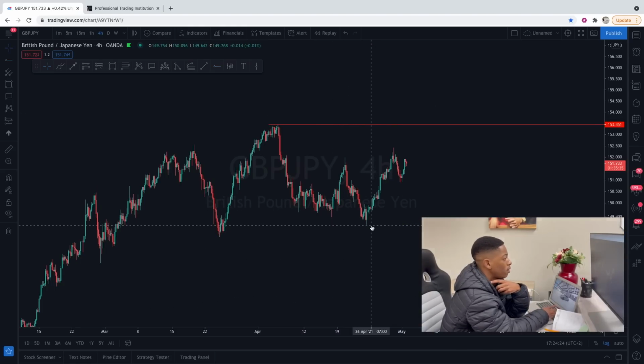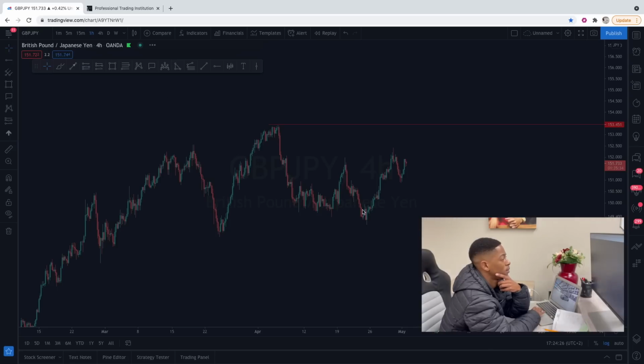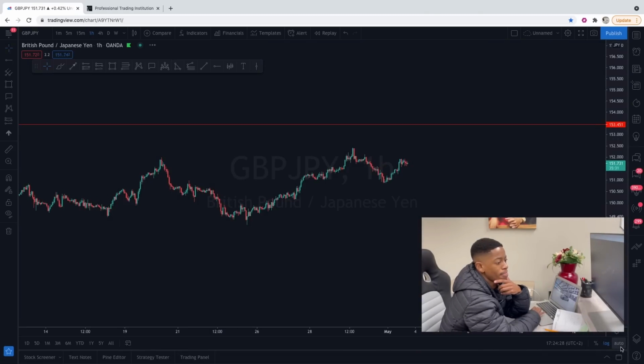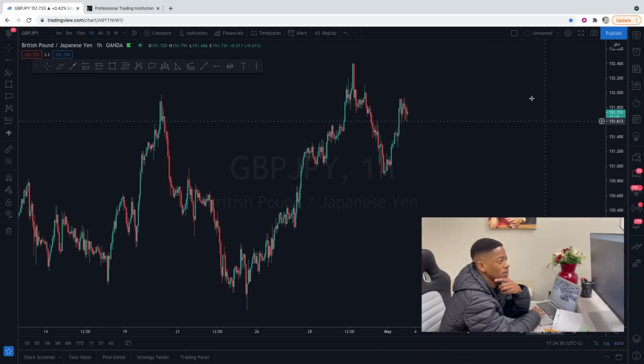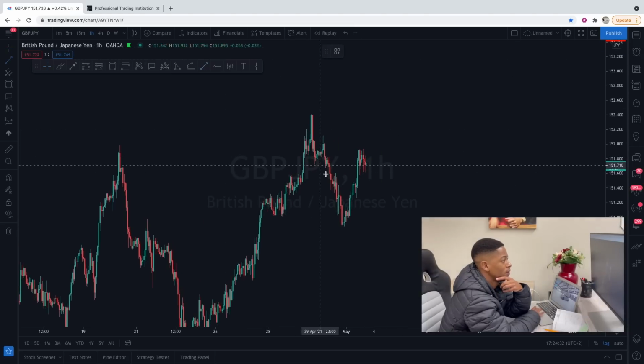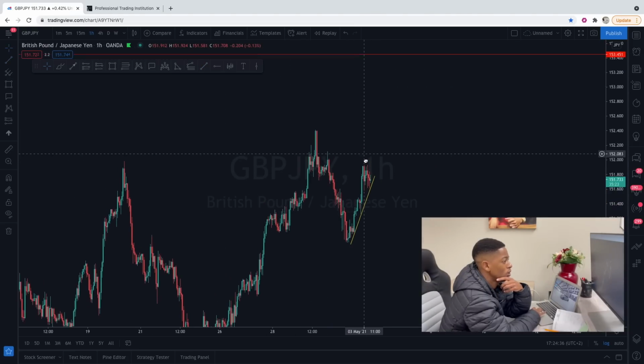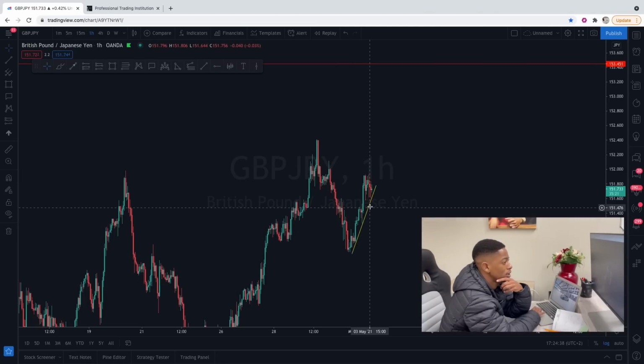So what I'll do is I'll just come to the 60-minute, right into the 60-minute, and then I'll observe what price is actually showing me here. So obviously if I put my structures here, you can simply see that we've got our first touch, second touch. We're now at the third touch, and at the third touch you can see we've got our first rejection,